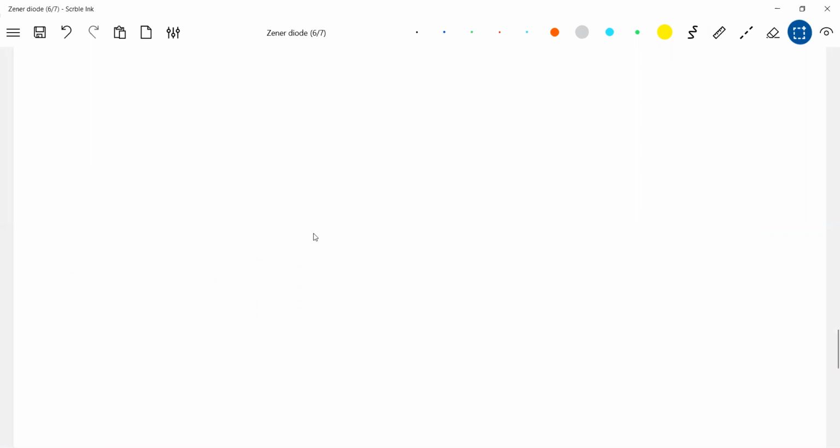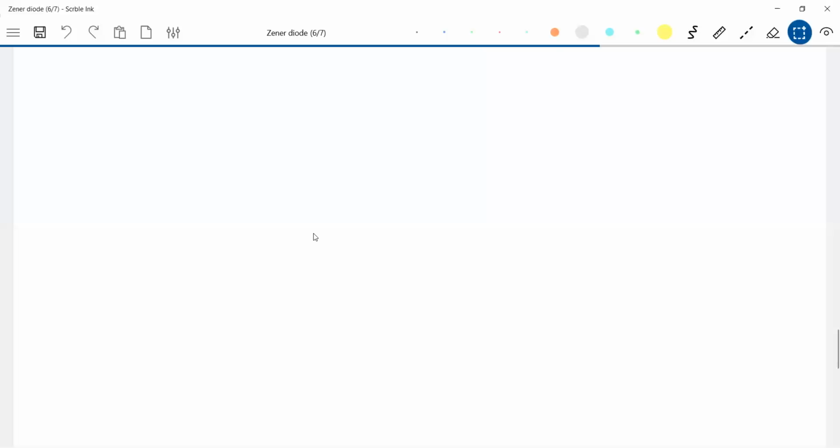Now, first of all, when you take the Zener diode, will it work out or not? It has to be verified. I mean, the Zener diode which you are going to introduce, will it work out or not? It has to be checked. How to check the given Zener diode? Is it suitable for the experiment?